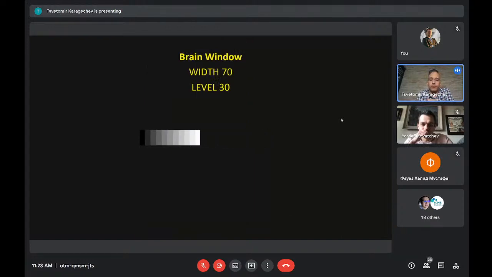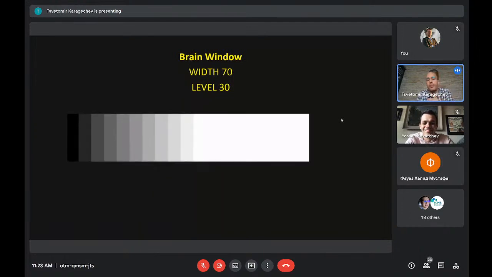So let's zoom in on this a bit. When you open a brain CT, there is a default window, and every window has two components: the window width and the window level. The window width is the range of CT numbers displayed on the image, and the level, or the center, is a number we choose depending on what structures we want to look at. And we choose it to be similar to the CT numbers of the structures that we are interested in.